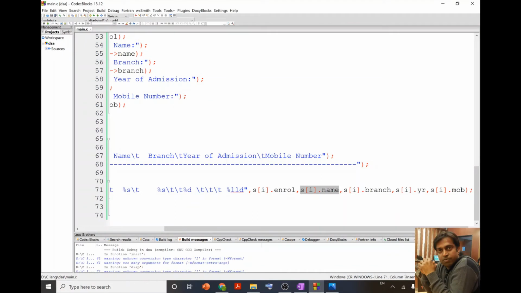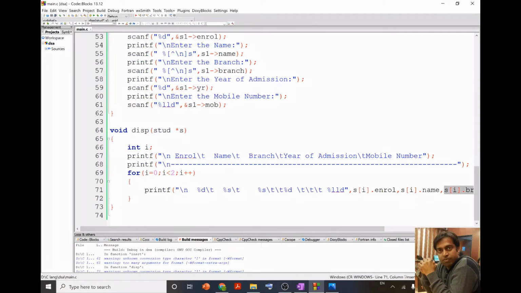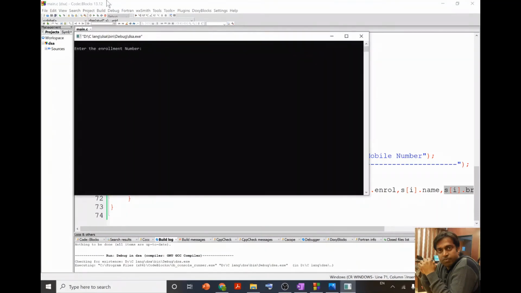To display the name, I put it in this way, and so on. So all the details are used in this way. So now if suppose I run this program, over here you can see that it is asking me to enter the enrollment number.